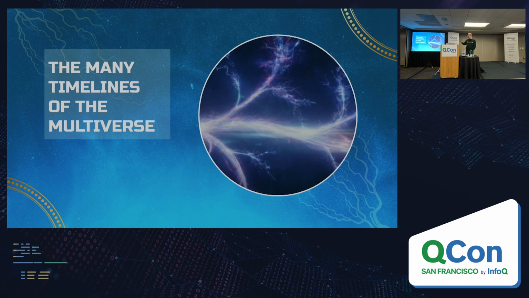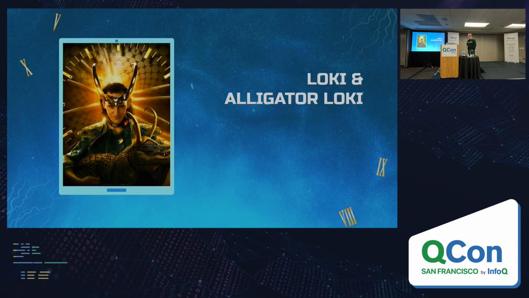So in the recent movies and TV shows, they've been building on this concept of the multiverse, where there are all these different parallel universes that have different timelines from one another. They differ by small details along the timelines. And there's one show in particular called Loki. If you're not familiar with Loki, he's kind of a hero / villain. And in his show, there are all these different timelines where Loki is slightly different in each one.